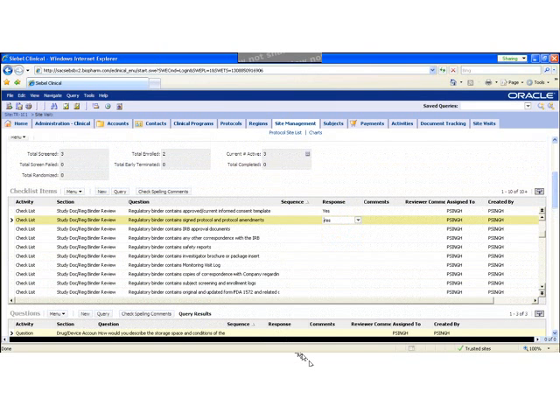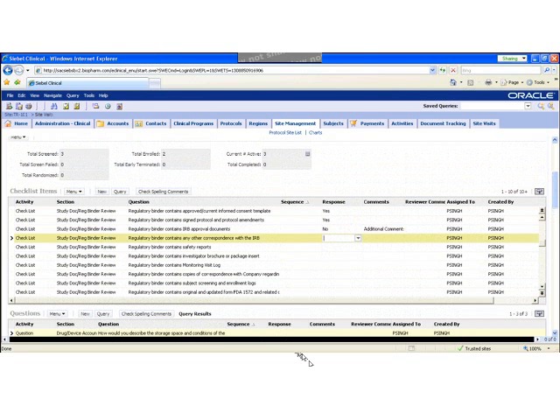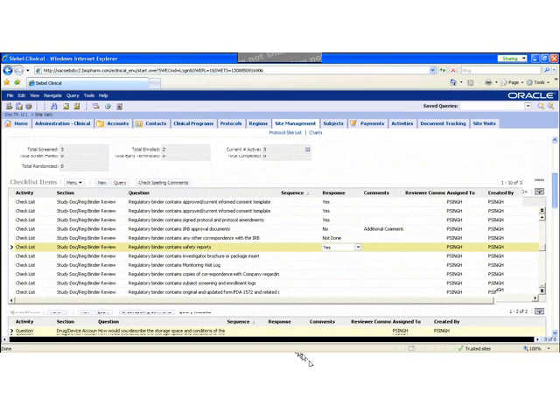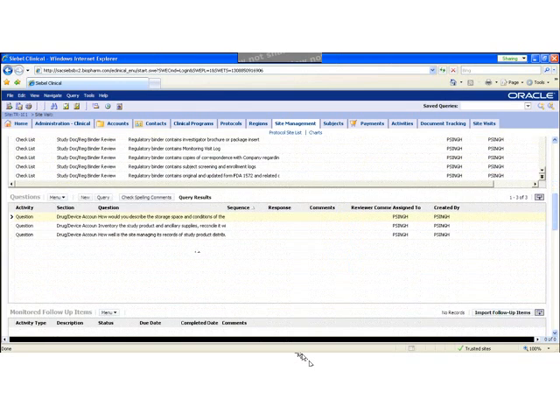Again, you can do this systematically or from a process perspective. If an answer is no, then we have to put in some additional comments as to why that is no, why that hasn't been done. So I can very easily just go through the checklist as defined in my SOP. Then for our questions,